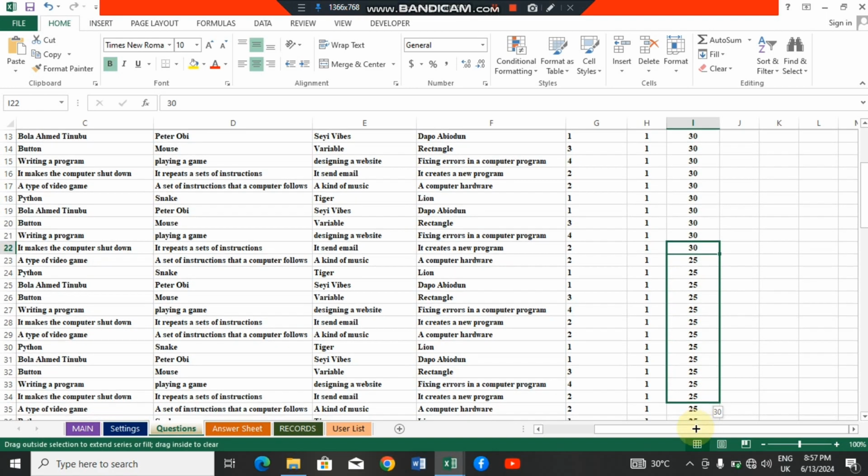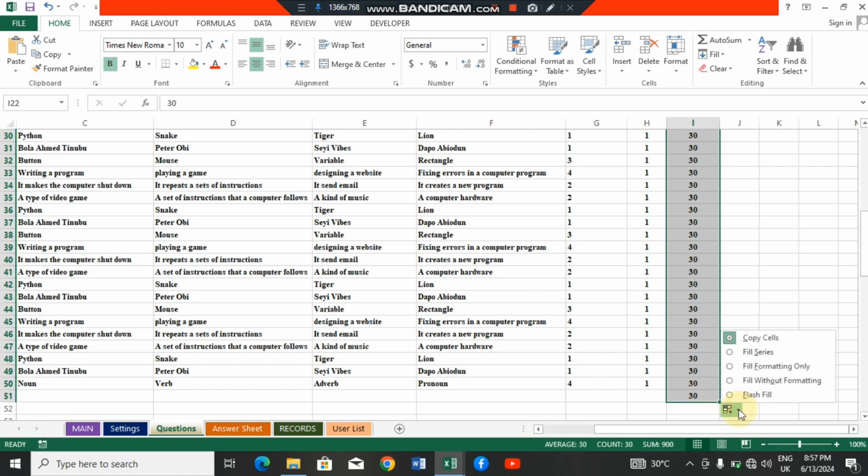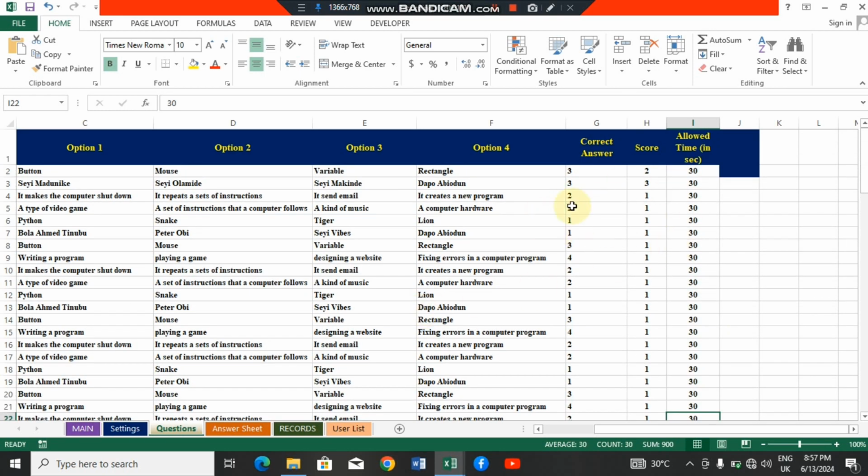You drag it down so you can have the same number. Check this one, copy cells. But if you want your number to increase, you will now click on copy series. But here we are copying cells. Okay, so when you are done with this, I'm going to do this again, but this time around